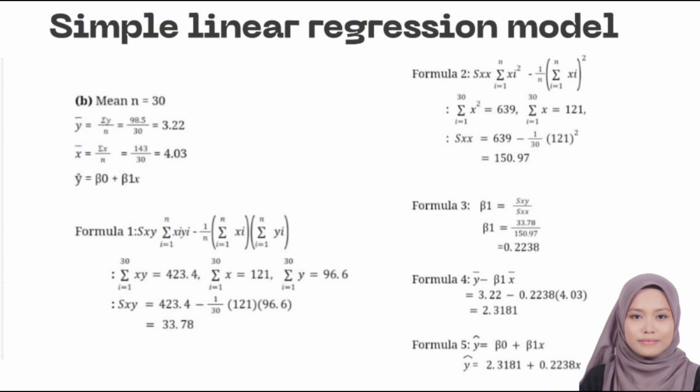Summation of xi to the power of 2 equals 639 and summation of x equals 121, so Sxx equals 639 minus 1 divided by 30, open bracket 121 close bracket to the power of 2, which we got